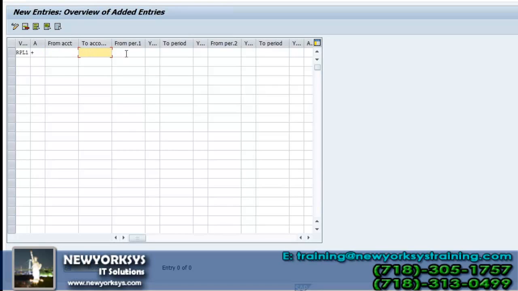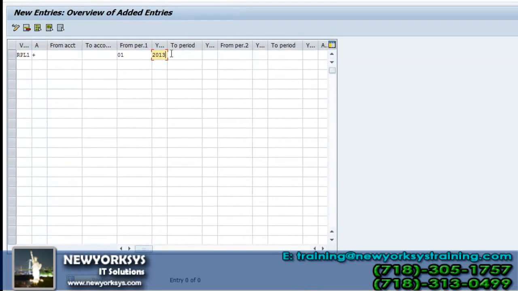From period 01, year 2013, to period 12, 2013. From period 2, these are the special periods, right? We have defined 13 to 16 special periods, to 16.